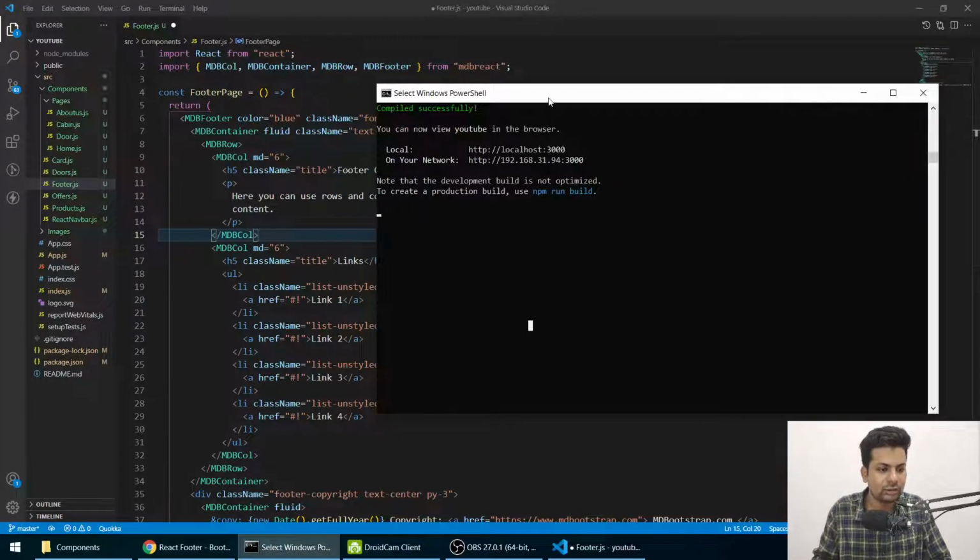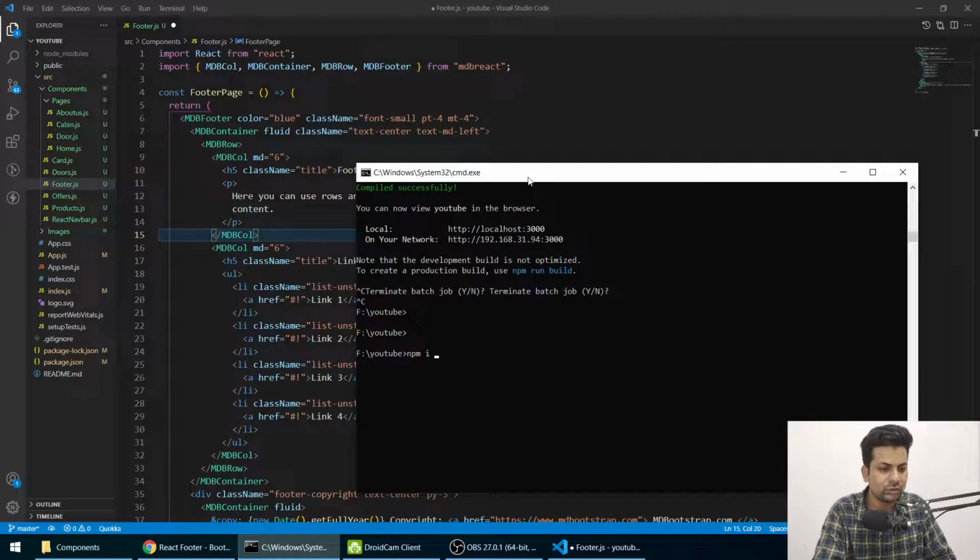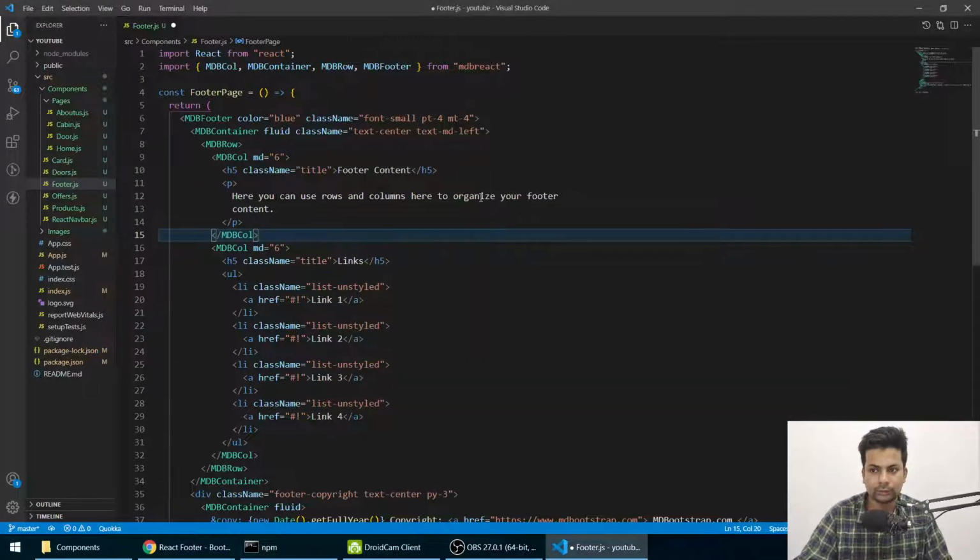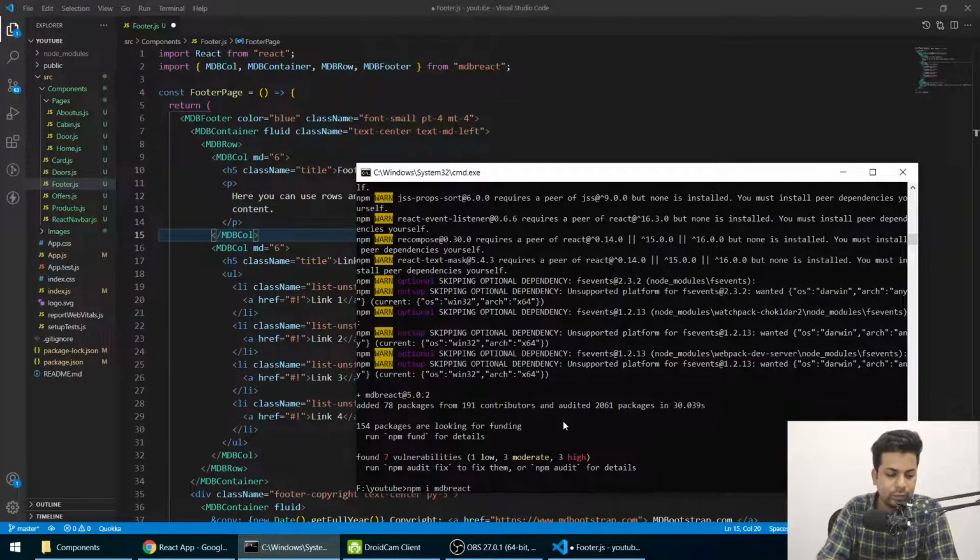So just install this thing, npm install MDB React. And now we'll again do npm start.